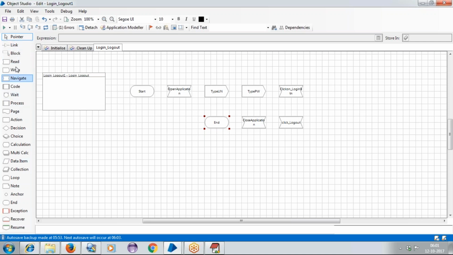Now let's take the link activity. It will be taken with the stage of link. Here there is no possibility to provide a direct selection like this. If I directly make it, it will get connected to only one link activity here. We need to take them individually. From open application to type, from typing to this, then login, then logout, then close, and then end here. I'll click on pointer.